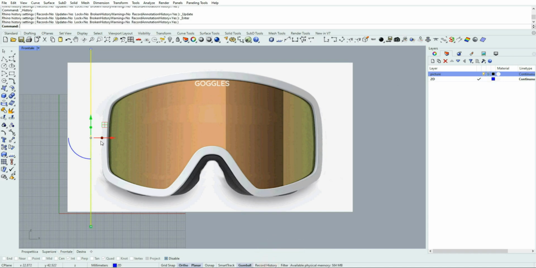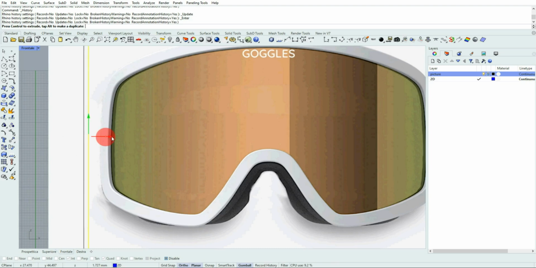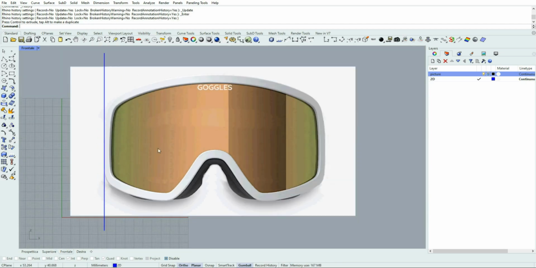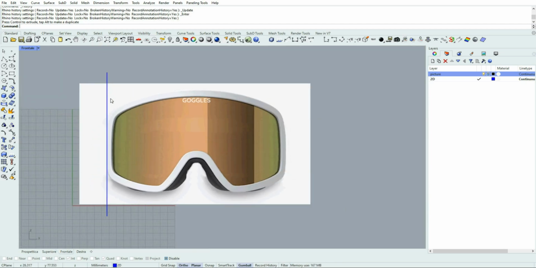I can turn off record history. I drag the line as close as possible to the left side of the goggle.